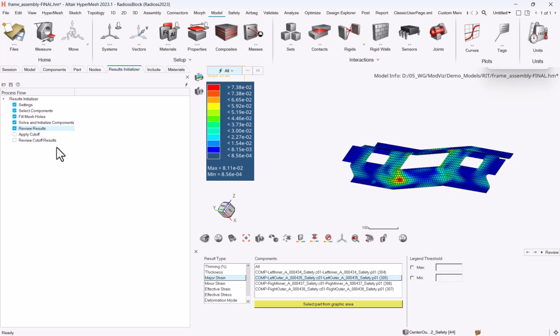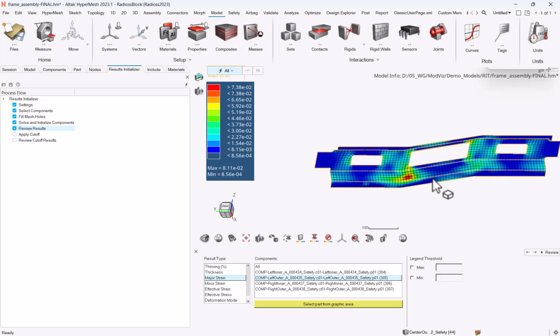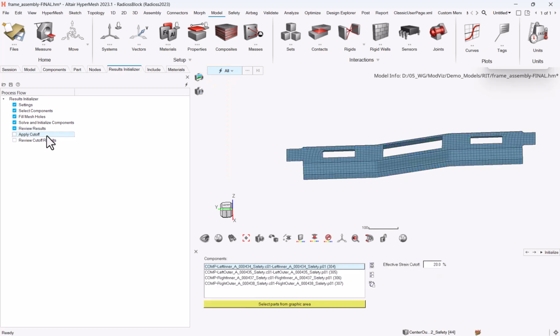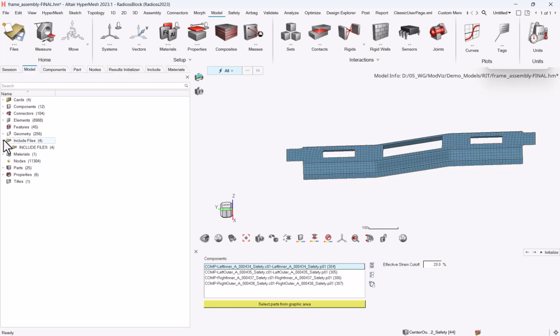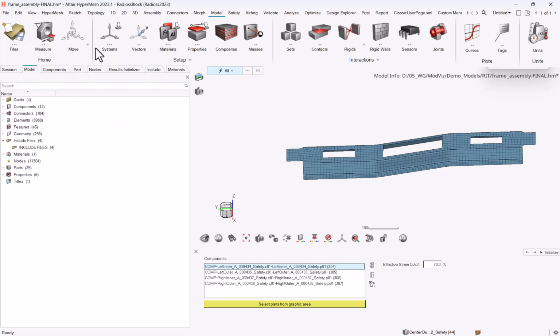Once it is done, and if you identify some unexpected peaks in some location and you would like to do some, let's say, smoothing, you can define the effective strain cutoff in order to smooth the results and remove the unexpected peaks. And if you do not want to go further, then you're done and your model is done with your include files. So you can go to File, Export, Solver Deck,